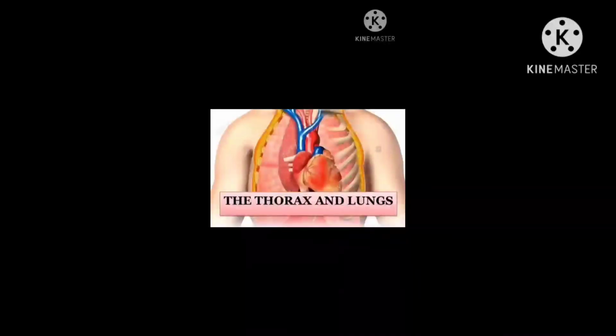For that, we have to keep some basic things in our mind. To examine thorax and lungs, we always ask our patient to sit for the posterior examination, and for the anterior thorax and lung examination, we'll ask the patient to be in supine position. Now, examination will follow in certain manner. First, inspection. Second will be palpation. Third will be percussion. And fourth is going to be our auscultation.